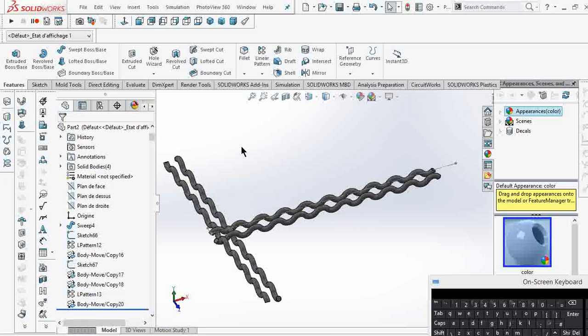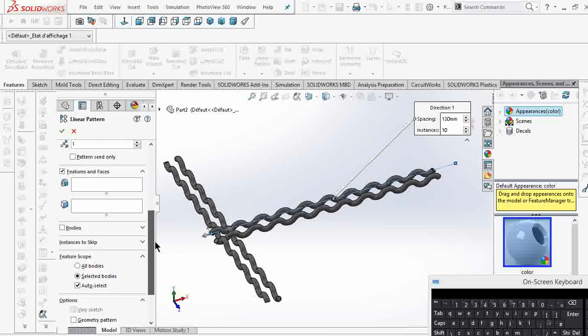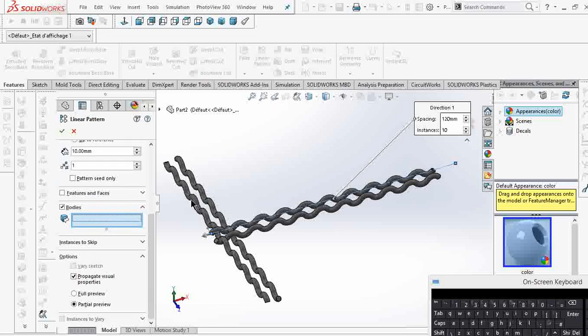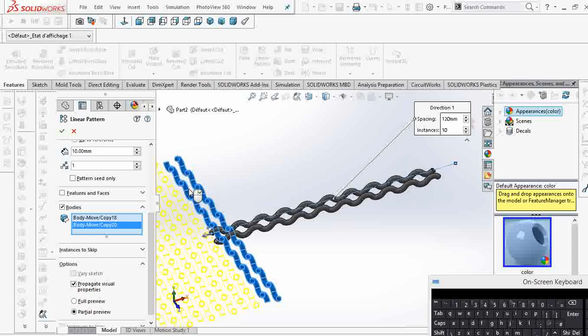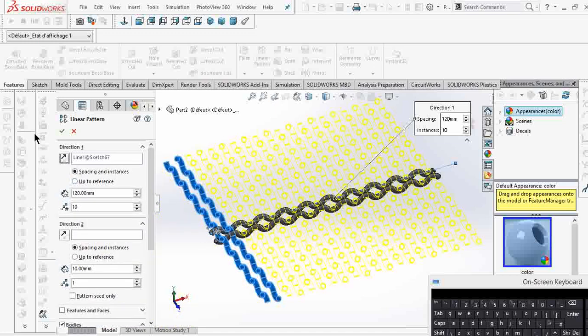The next thing now, we have to make copy, so linear pattern. For the direction, we select this. Now for the number, we are going to put it to 10. For the spacing, we are going to put it to 120. For the bodies to pattern, we select bodies, we choose 1, 2, then we reverse the direction. Okay,